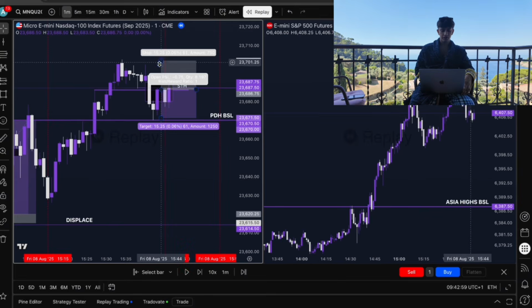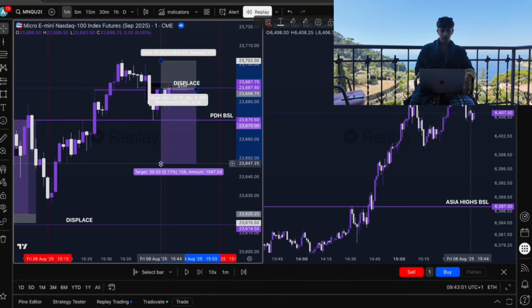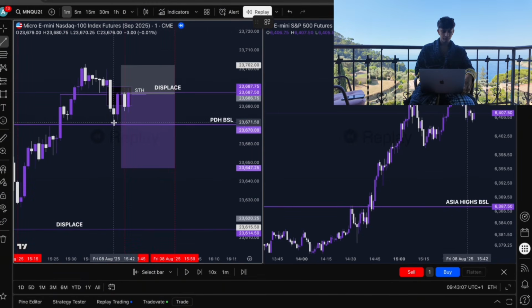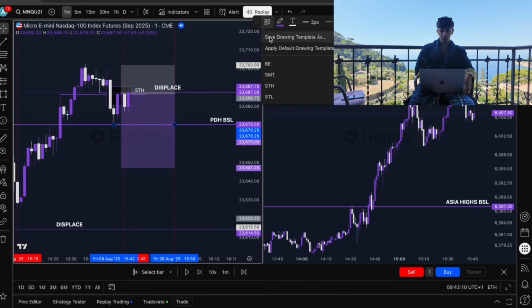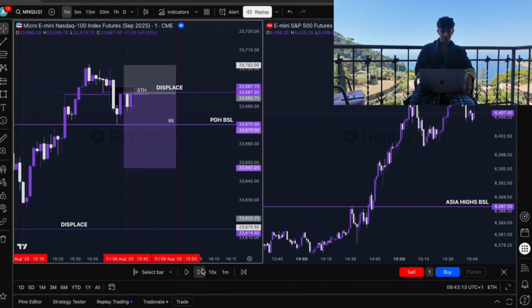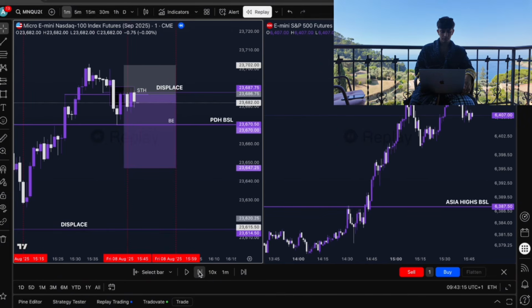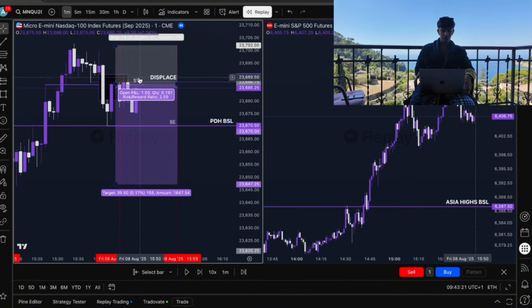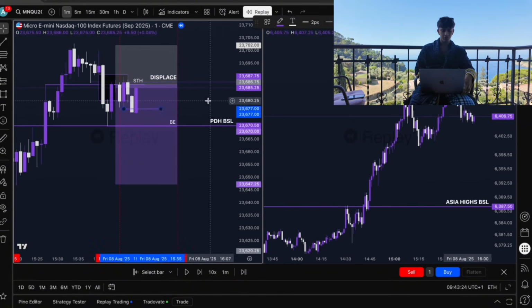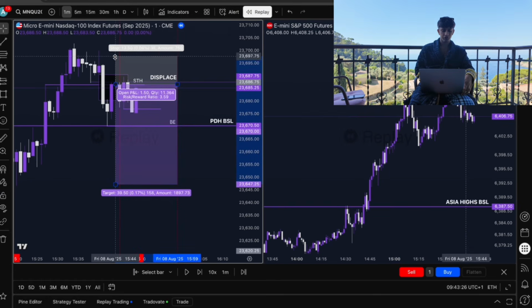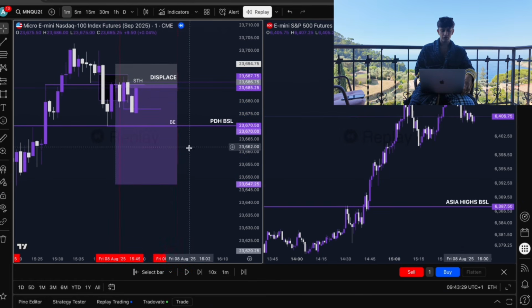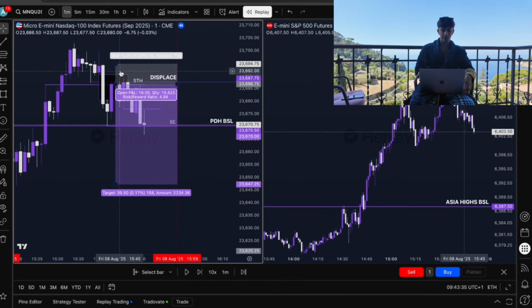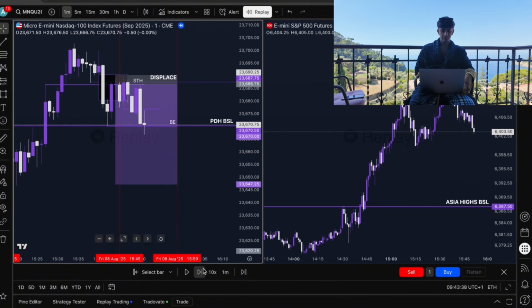I'd have my stop loss at the high, and then TP at first presented low. That offers that 1 to 2. This short-term low right here would be my break-even point. So let's see what we get. Okay, so Nasdaq has taken that first short-term low, so we're not going to go break-even. However, we are going to reduce our risk just above this candle's high for only 8 handles risk. And there we have it. So break-even's now been taken, so we're reducing risk fully there. So let's see what we get for the rest of this trade.